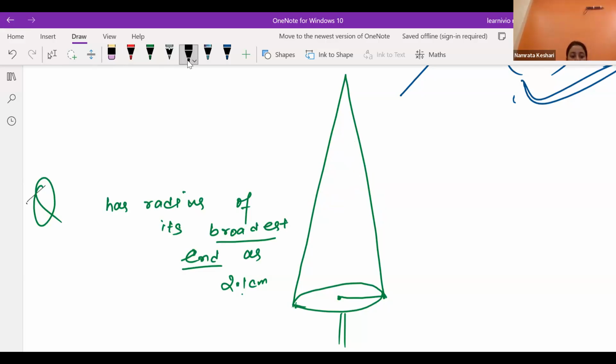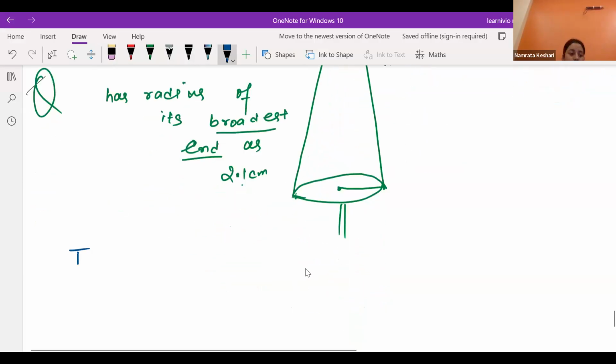Now radius is given over here as 2.1 centimeter, and what else is given? The height is given as 20 centimeter. After that it says that if each 1 centimeter square of the surface